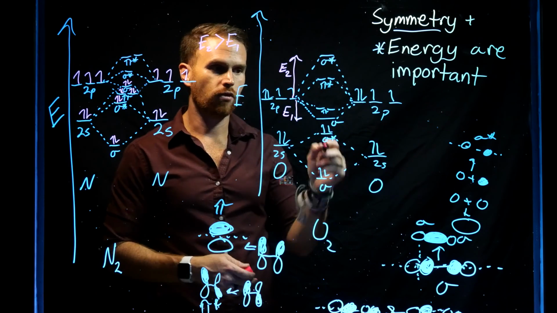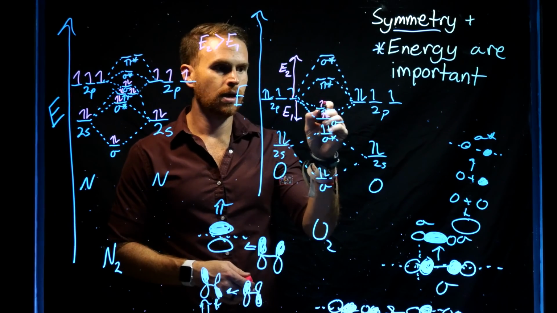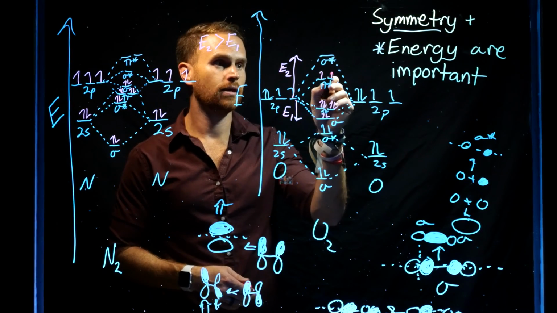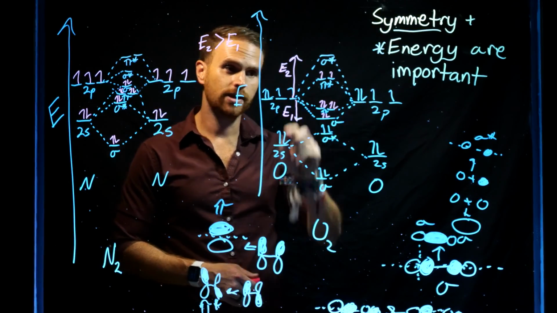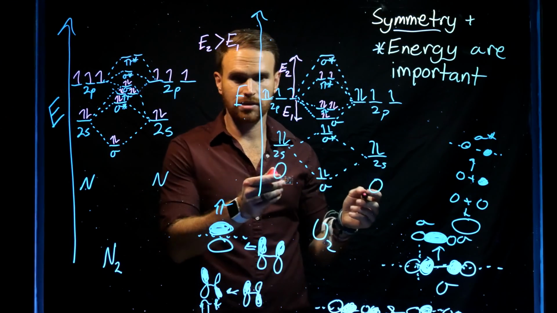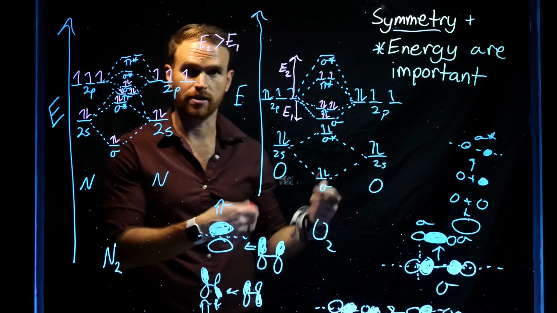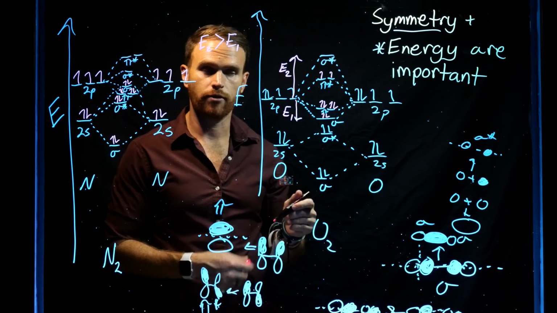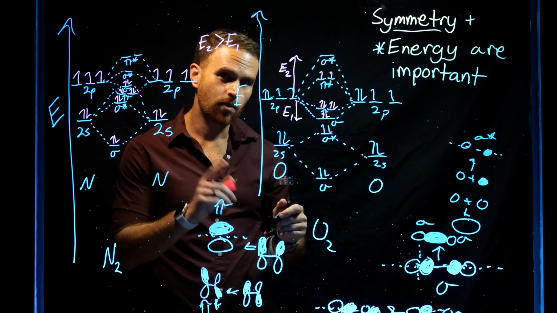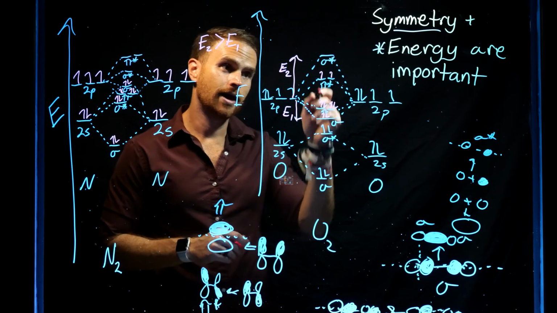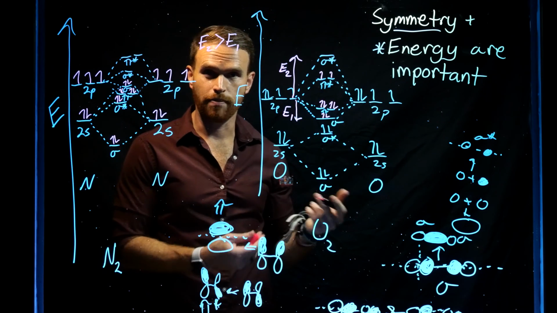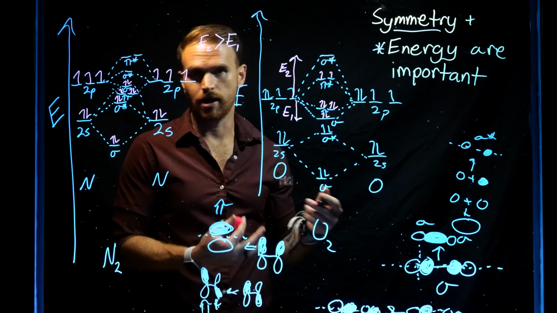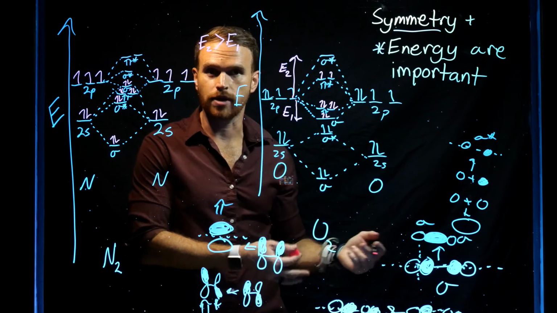So I've used up 4 of my electrons, 5, 6, 7, 8, 9, 10, 11, 12. So this uses up all 6 valence electrons from each oxygen atom, which gives us 12. And this is the correct molecular orbital diagram for oxygen. Importantly, I want you to consider the fact that this actually appears to be a paramagnetic compound. If you were to place oxygen in a magnet, it would be attracted to that magnet